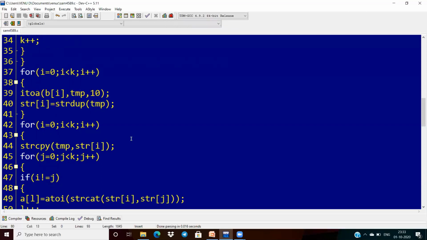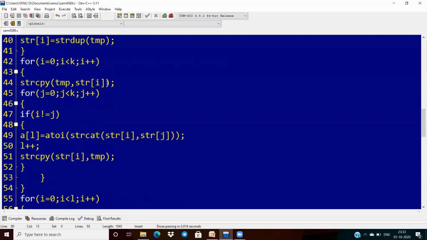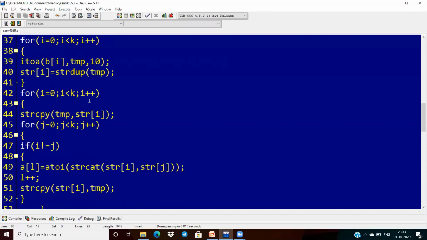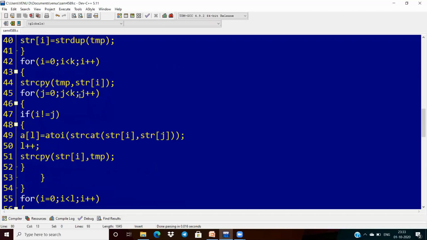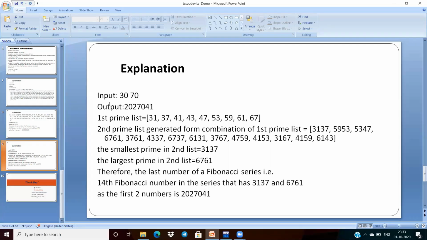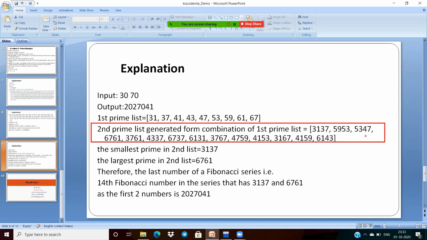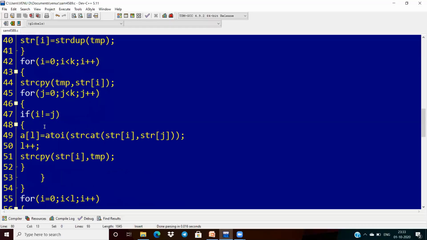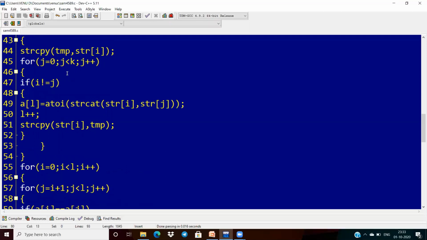After that I'm copying, and after converting to the string I have to implement the rest. I want to provide the list like this. So for that reason I'm applying it again.